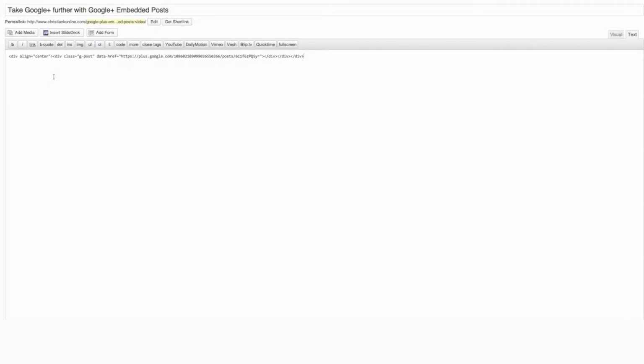Step three, let's take the second part of that code and go create a blog post. Now make sure you are in the text editor, otherwise this won't work. So all you have to do now is paste the second piece of the code into your blog editor,